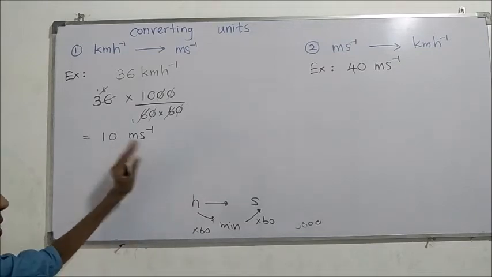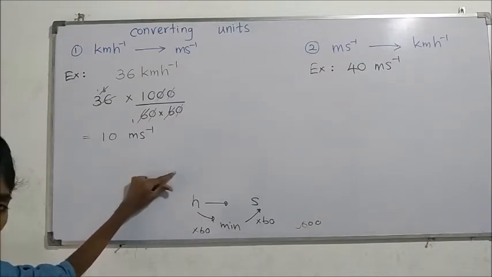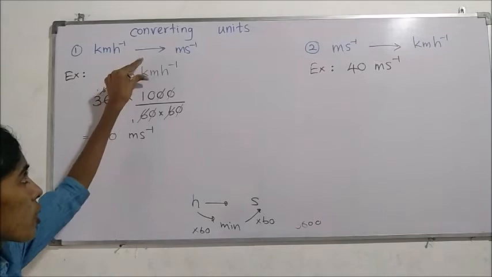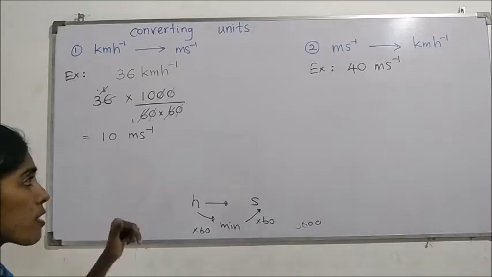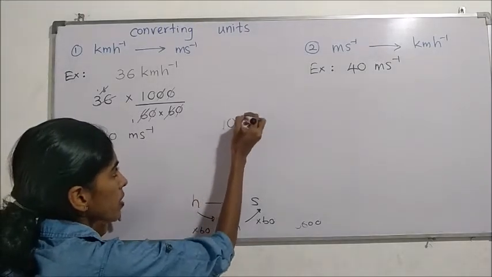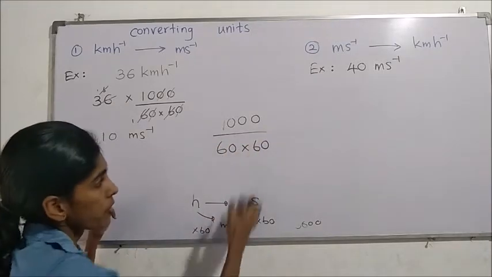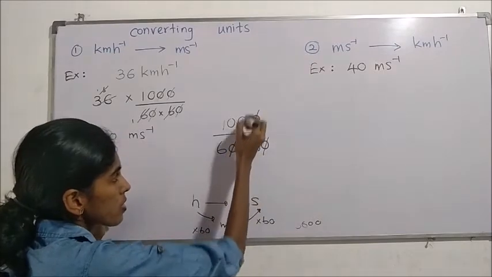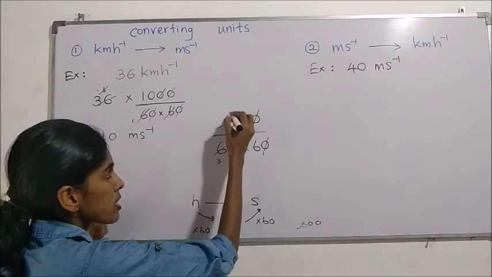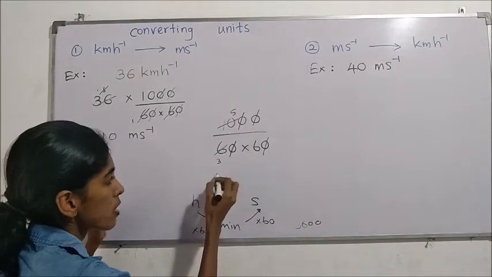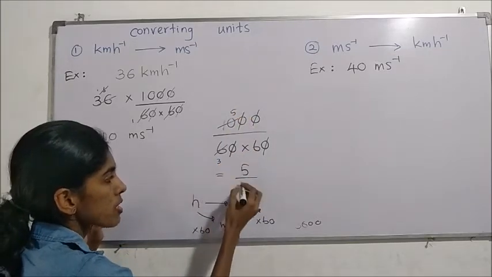The same result can be obtained like this also. How is that? We know that in each and every situation that you are given kilometers per hour, this is the calculation you need to do. We will simplify this one a little bit: 1000 over 60 into 60, or 3600. Here cancel the zeros, and when we simplify a little, 2 times 3, 2 times 5. More than this cannot simplify. So the numerator is 5, and the denominator is 3 times 6, which is 18.